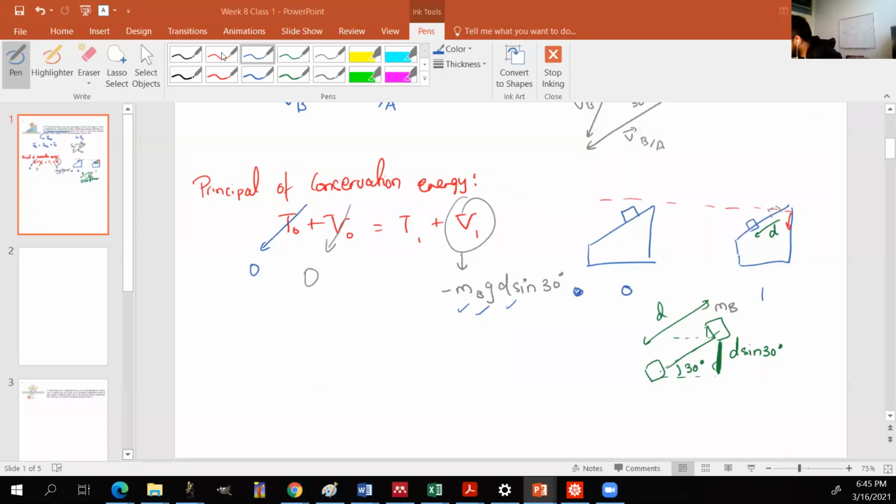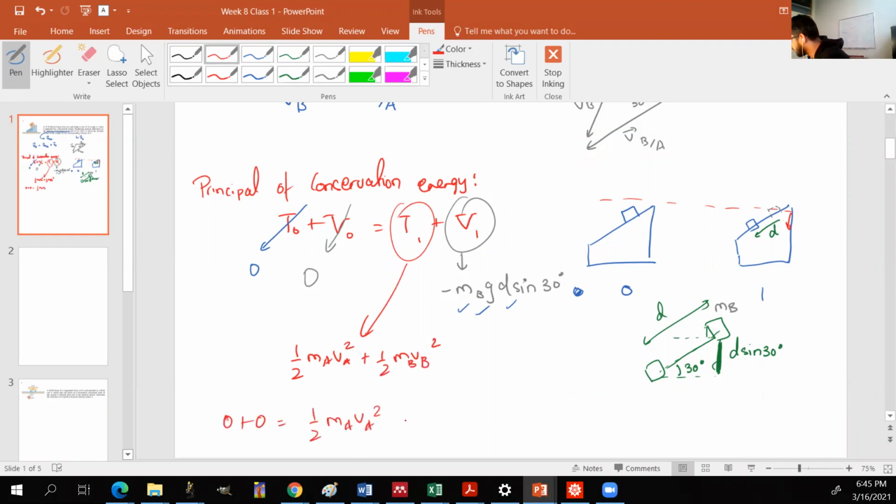All right, so now we have to write what T1 is, right? So that kinetic energy, you can just look at it for the system, for those two different things. So this will be equal to half ma VA squared plus half mb VB squared. Writing out this energy conservation expression, you get 0 plus 0 is equal to 1 half ma VA squared plus 1 half mb VB squared,